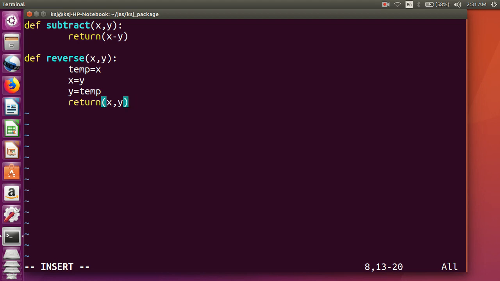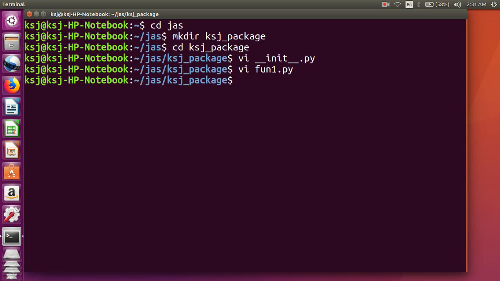There are two ways to save a file in a vi editor. Either you can press escape button, then shift key and Z key press 2 times, or press escape button and colon wq. Okay, there are two ways. Next I am going to just compile it because it should not give me an error later, using the python3 command. Since no errors are there, I am going to create one more module with the name function2,